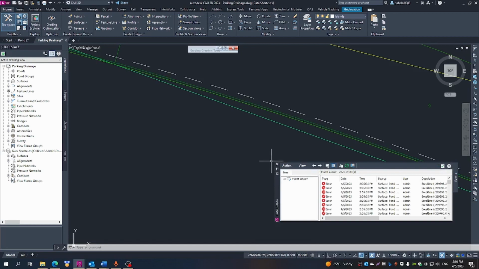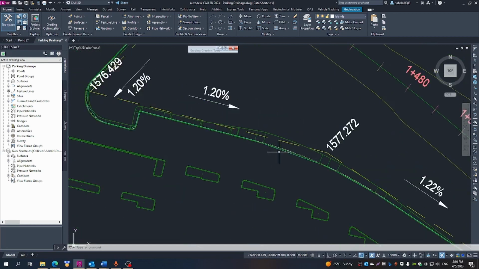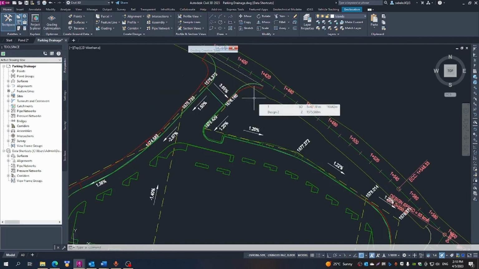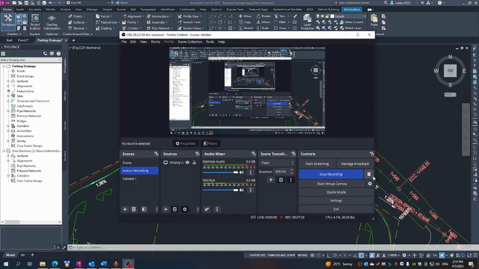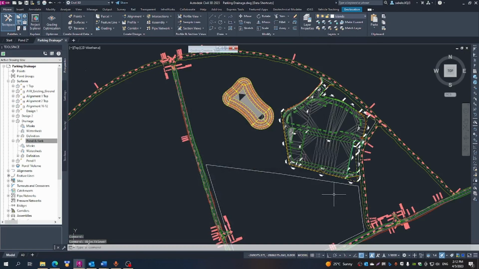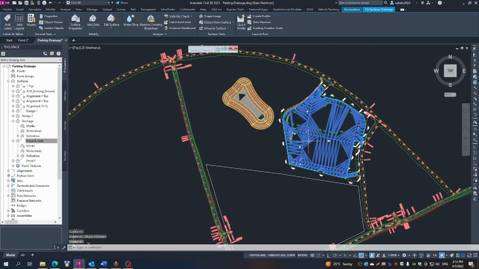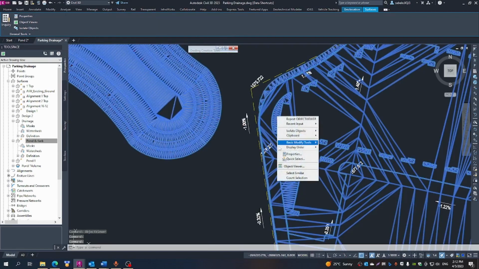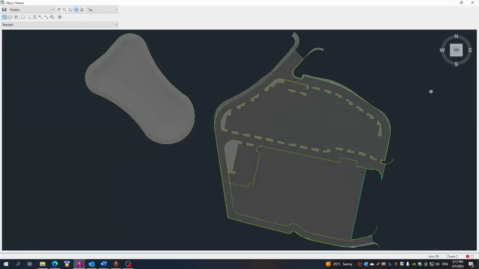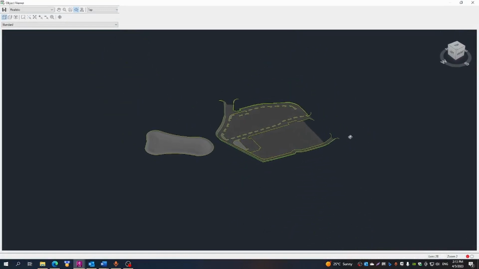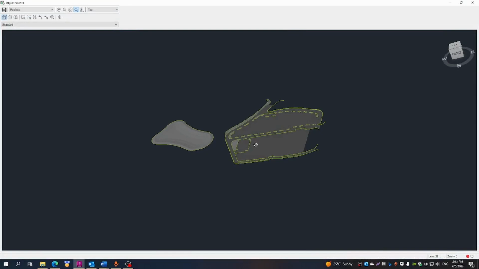Okay, exit out of that. Okay, so now there's our grading in that area. We now can select our surfaces and just have a look at this in object viewer. Go back. Now you can see that